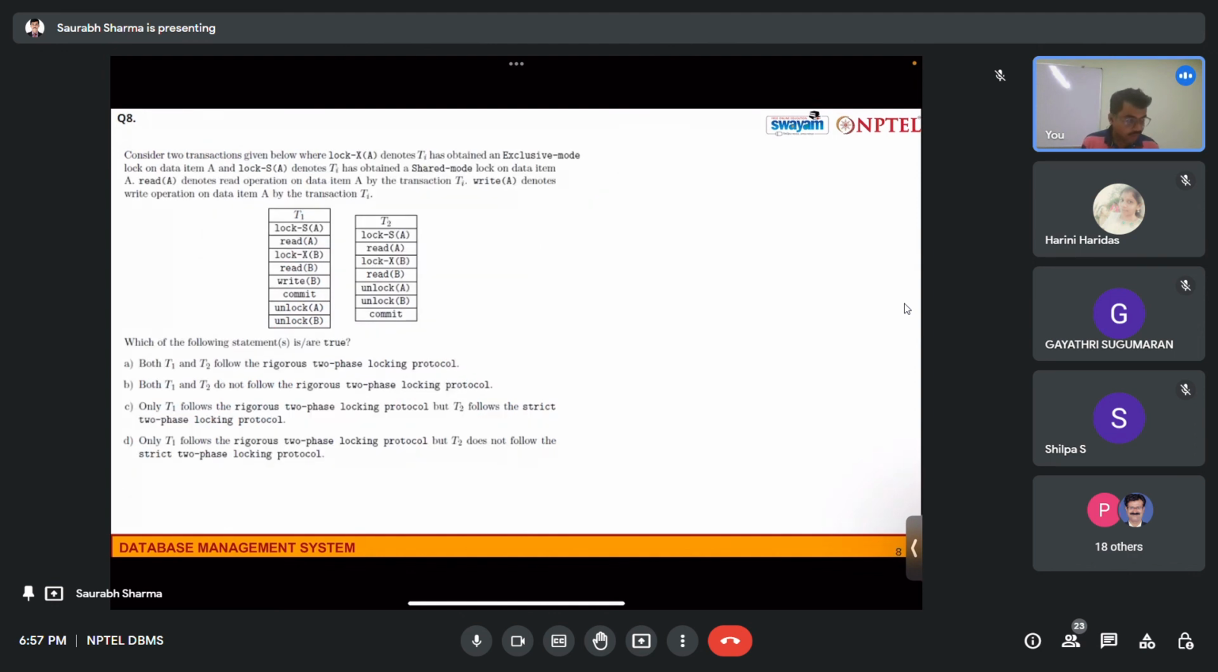Again, coming to the next one, there is rigorous and strict. We have to comment on the rigorous and the strict two-phase locking protocol. So in rigorous, what happens? I am writing it in strict two-phase lock. What happens? We have to ensure all exclusive locks, say on A, held by the transactions